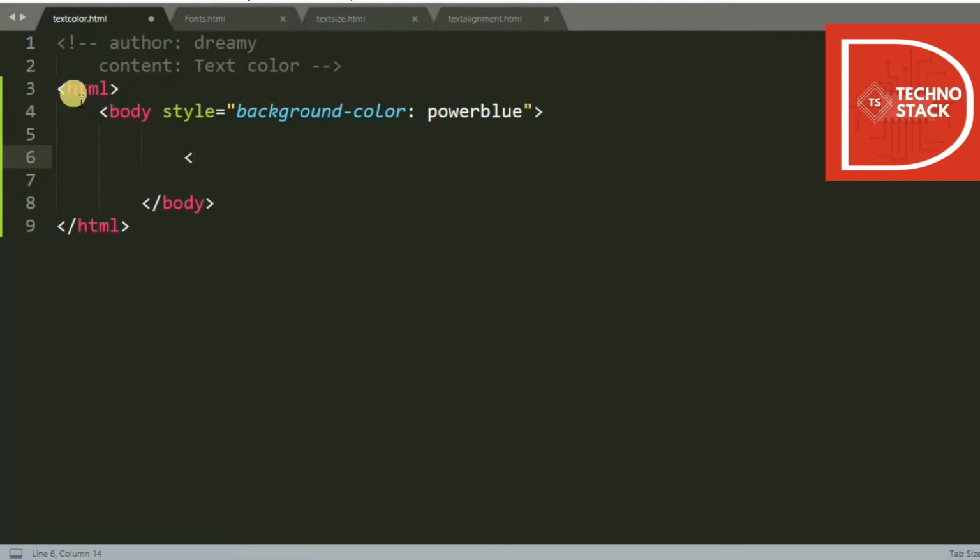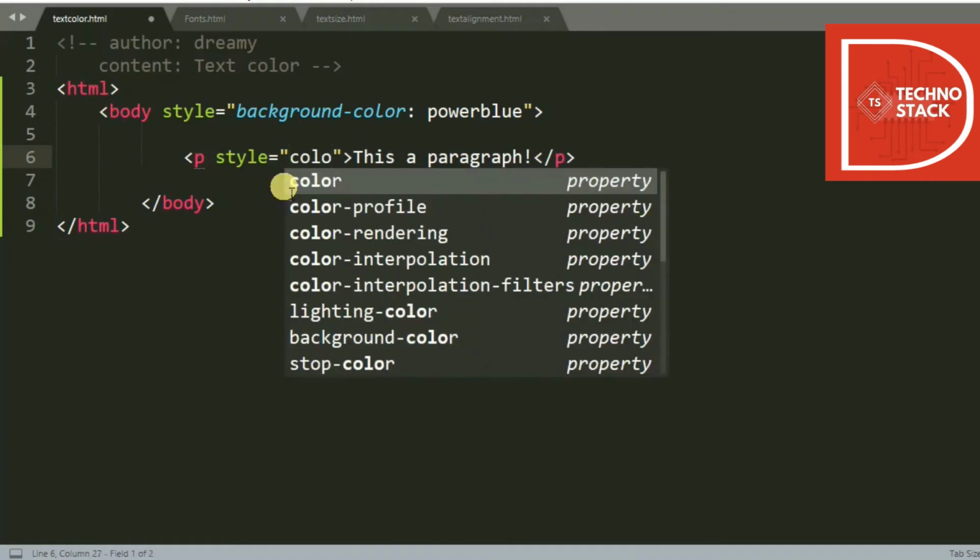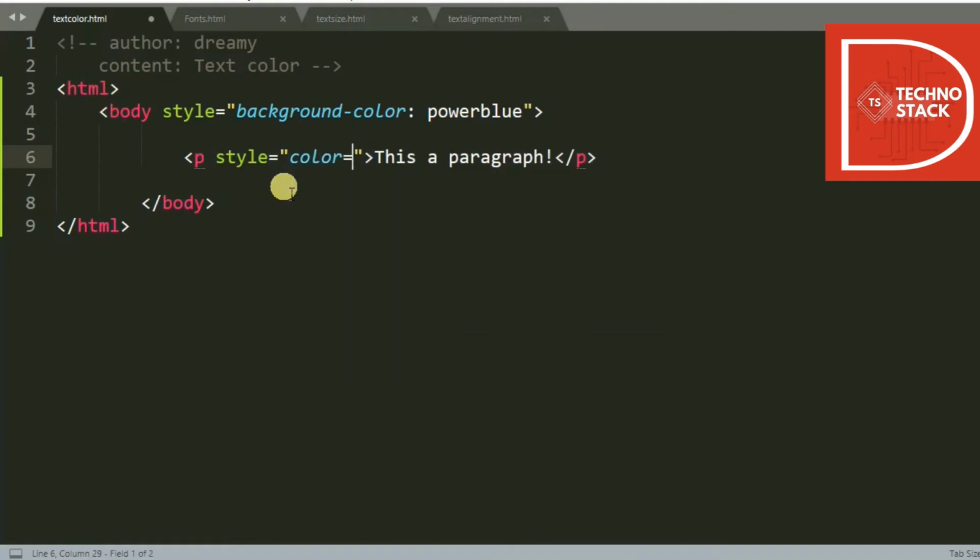So we'll write a paragraph tag, and first we'll write, this is the paragraph. Now we'll take a style attribute, and then color colon, let's say we take red color.